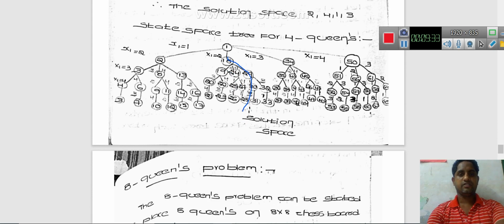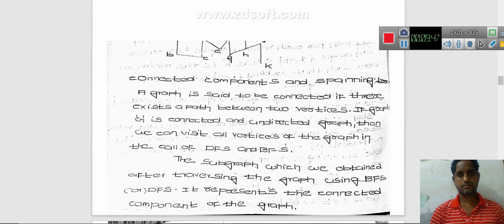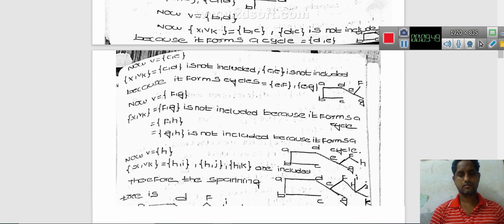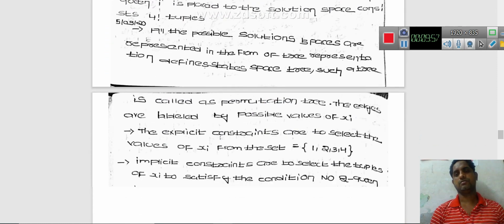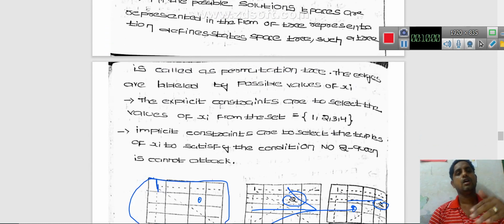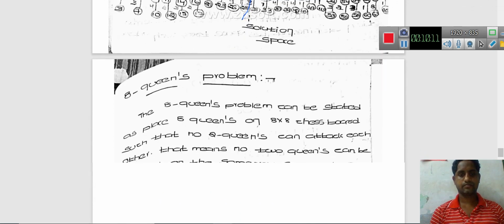So the state space tree. What is the state space tree? So already discussed in the last session. See here. Okay. So using backtracking, we can perform the n queens problem. Whenever you do not get the solution, then apply backtracking, and we get the optimal solution for the n queens problem. Okay, these are 4 queens, and now go for 8 queens.